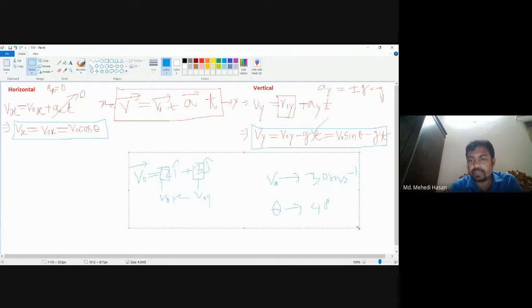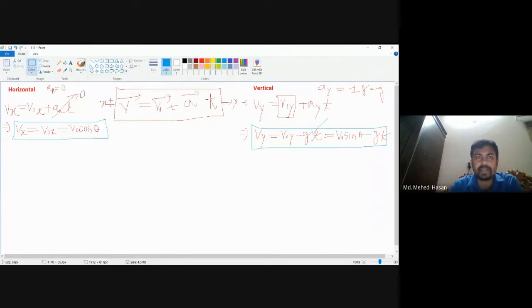Any question? No, sir. Okay, so let's go to the next equation, which is s equal to ut plus half at square. This was the equation, ut plus half at square. Then the x component of that equation will be